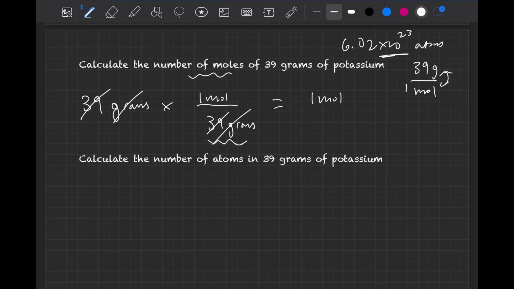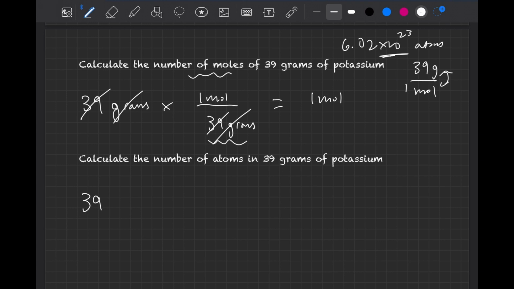So that makes sense, right? Because that's what the periodic table tells us. 39 grams would be 1 mole. Okay, now if we have to figure out how many atoms are in 39 grams of potassium, we would start